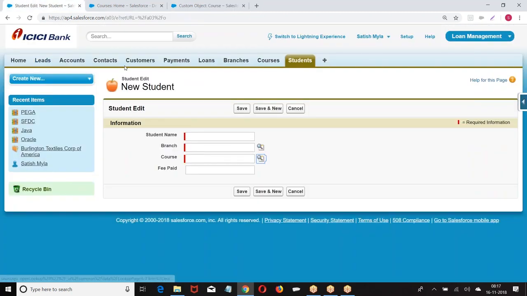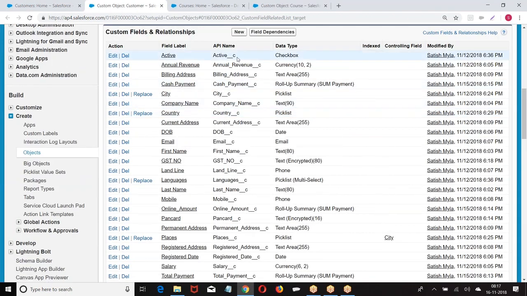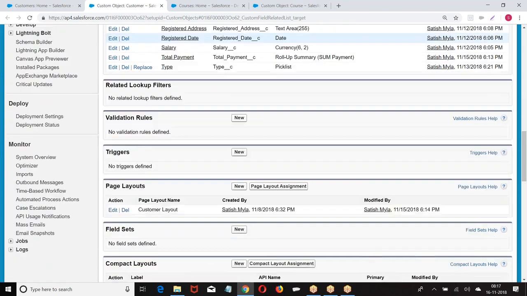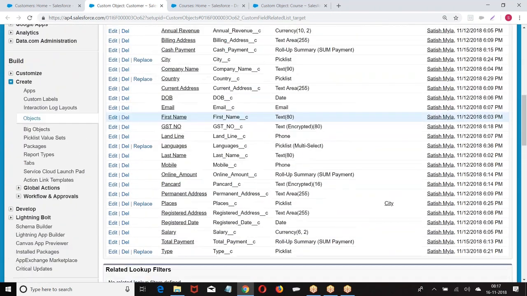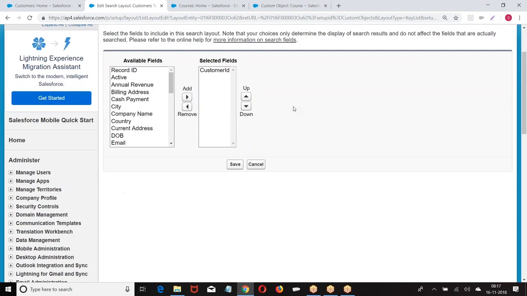Now go to the customer again. There are so many fields here. We have created so many fields. We have customer. When you click on the tab, which fields should be displayed?